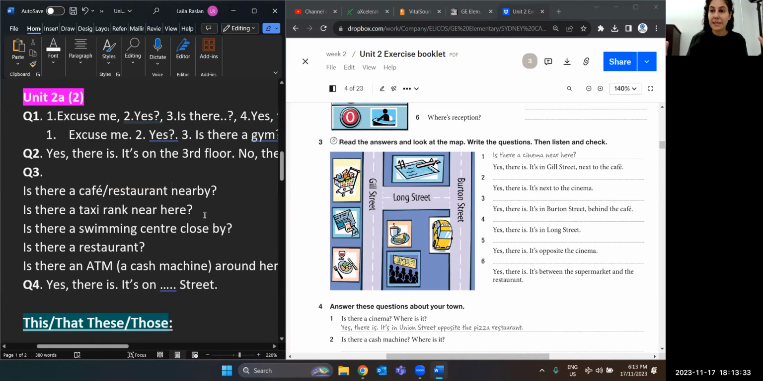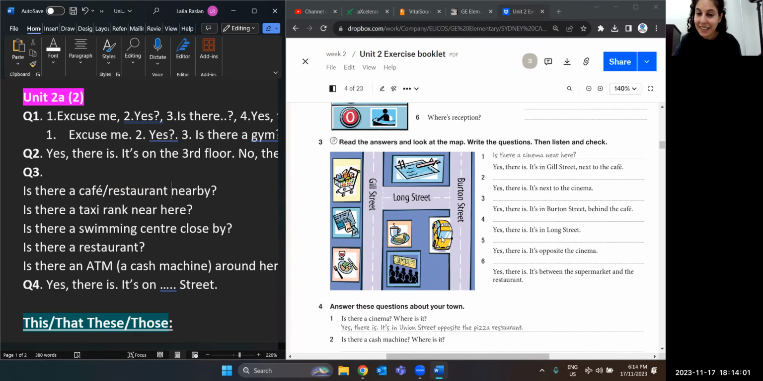Because now cafes serve a lot of food as well, like a restaurant. So it could be, is there a cafe? Is there a restaurant nearby? Somewhere where you want to eat and drink something. And I can see, yes, it's next to the cinema. There's the cinema, there's the restaurant. Number 3, if the answer is yes, there is, it's in Burton Street behind the cafe. So Burton Street behind the cafe. What am I asking? Is there